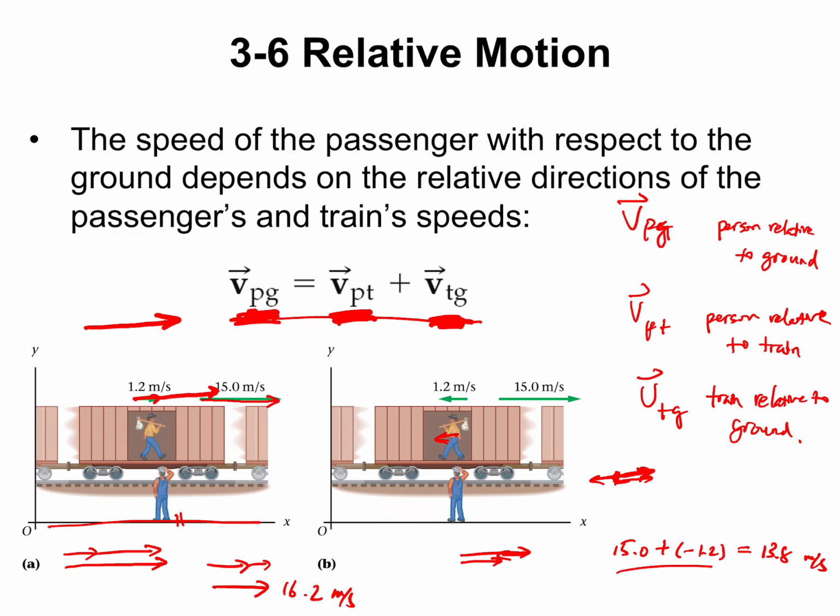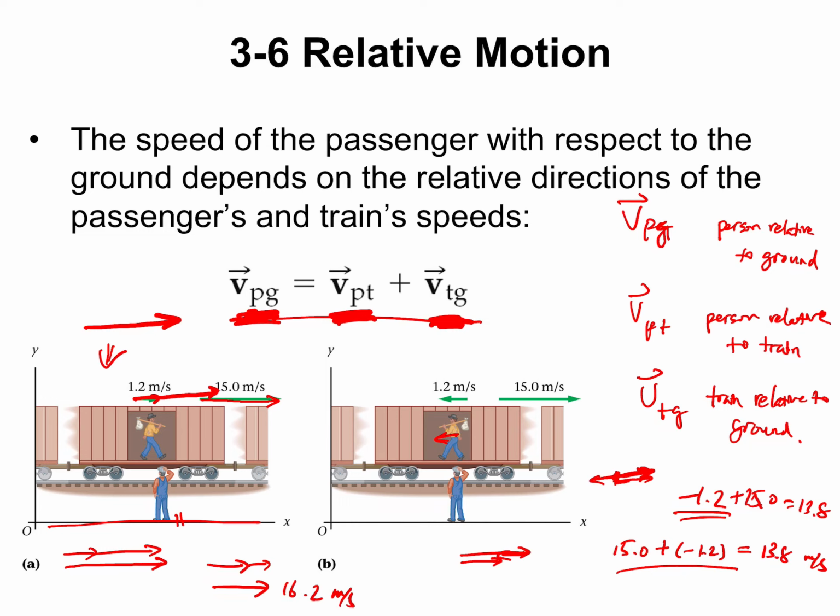So which is basically you do the subtraction here. Basically you do negative 1.5, right? Plus 15.0, right? So equal to 13.8. One dimensional, this is basically one dimensional, right? You can use positive sign, positive, negative to tell the direction. So for this case, right? So this case is